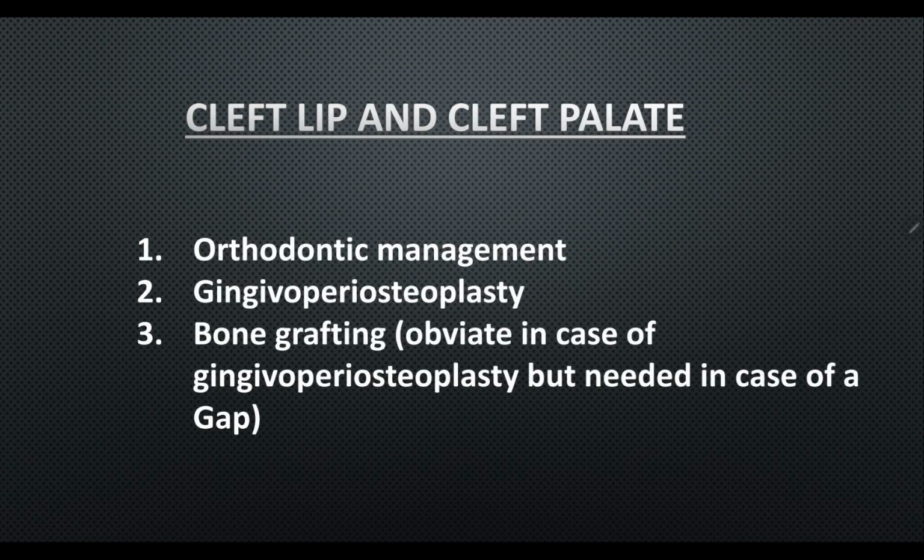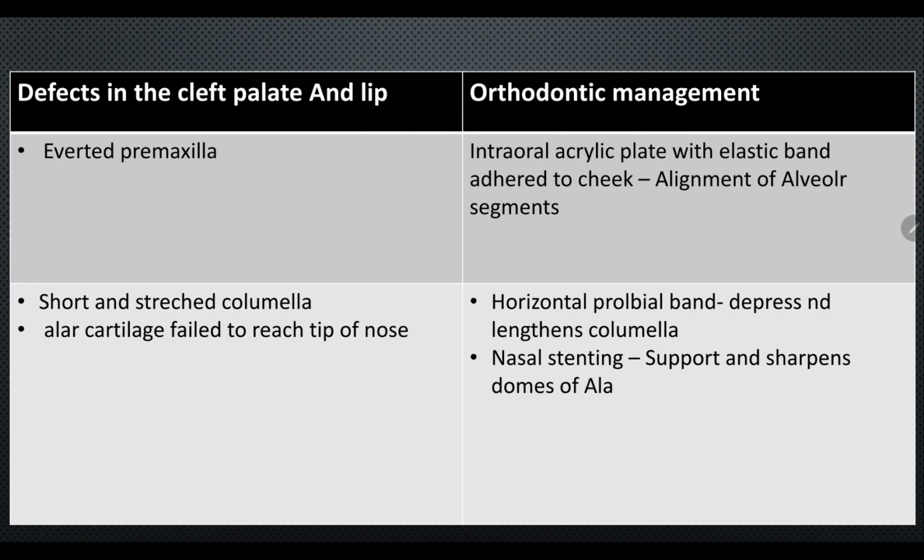Then cleft lip and cleft palate. Basically, we do orthodontic management pre-surgically for getting good results. And then there are many other methods, but one of the methods is gingival periosteoplasty and bone graft. Usually when we do gingival periosteoplasty, doing a bone graft after that is obviated, but it is needed only when there is a bone gap. Now what are the actual defects in cleft lip and cleft palate, both, what is happening is there is